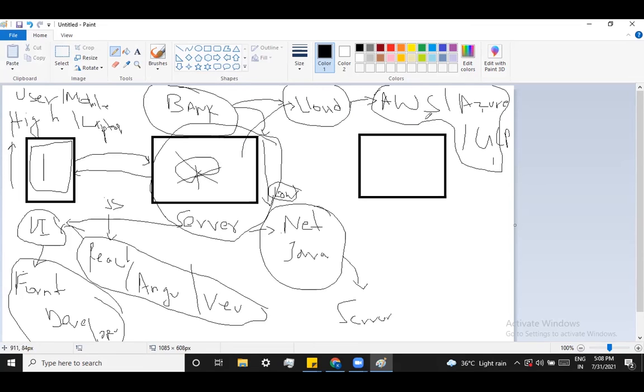Cloud is nothing a big deal, just infrastructure given by some third party. It will be available on demand, whenever you need it. For example, take your laptop. If you are trying to host your web page or blog through your laptop, it should be turned on 24/7. Otherwise someone reaching your blog will not be able to access it. But if you are hosting in the cloud, whenever a user tries to reach it, it will be hosted. Otherwise it will be in an idle state, so all the cost will be reduced. So this is the cloud stuff.